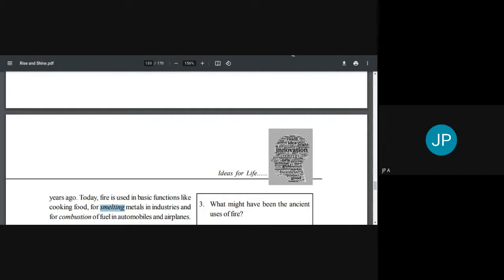And what is smelting? Smelting is extraction of metal. That is, metals do not occur naturally on the earth. Metals, okay, they come in the form of ores. They are mixed up. You don't find iron or gold in its pure form from the earth's surface. They are mixed with many other minerals, dirt, mud, etc. So the process of extracting the metal, whether iron or steel or aluminum or gold, from the ore,